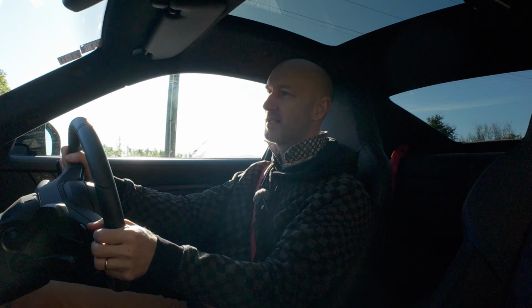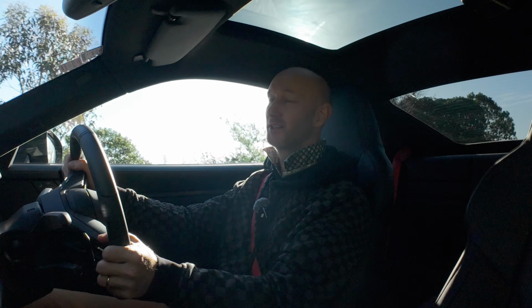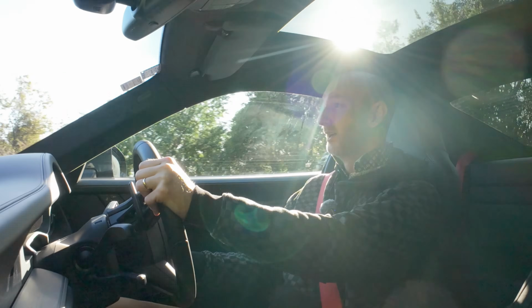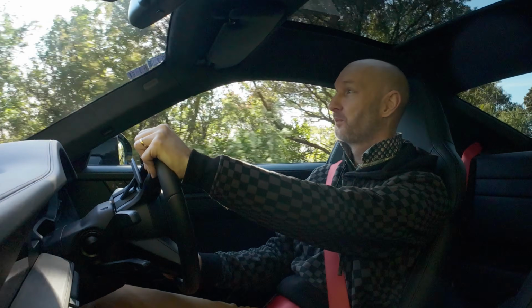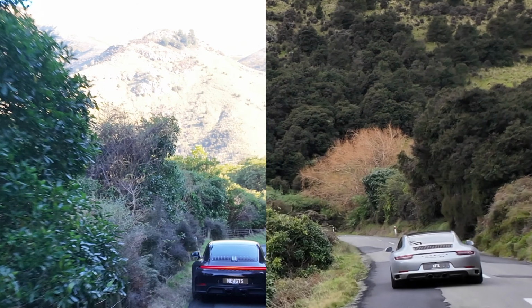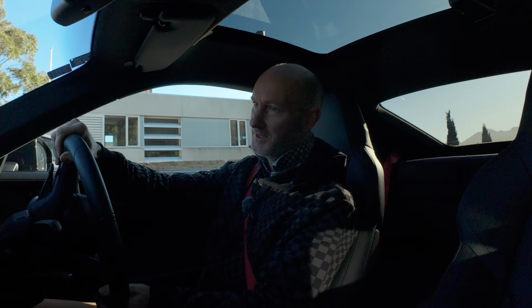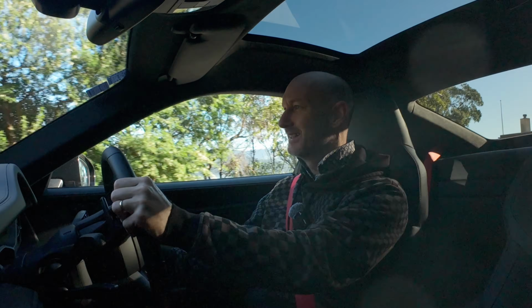Well, I've had a couple of hours now in this 992.2, and I've had a couple of hours in the 991.2, and I think I'm ready for my verdict. They're both great cars, but they're actually both very different cars, and you can't really compare